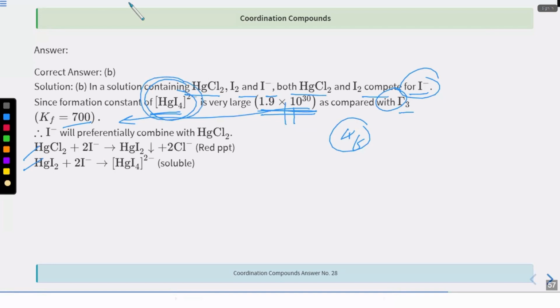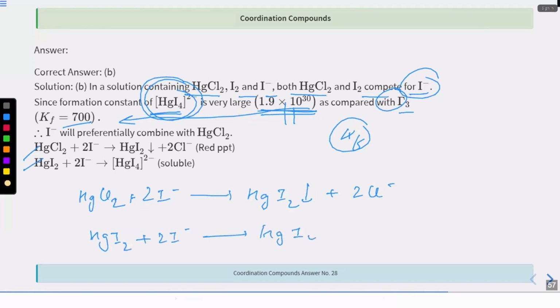So the reaction is like this. HgCl2 will react with I minus, which is already there in the water, to form a precipitate of HgI2, and 2Cl minus would be released. The other reaction would be HgI2 will react with 2 I minus again to form HgI4 2 minus. And why is this forming? Because its Kf is very high, 1.9 into 10 power 30. Kf is what? Kf is the formation constant,